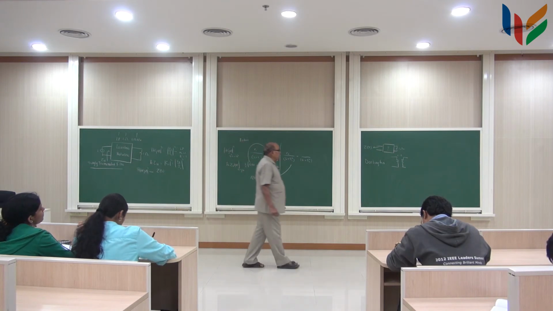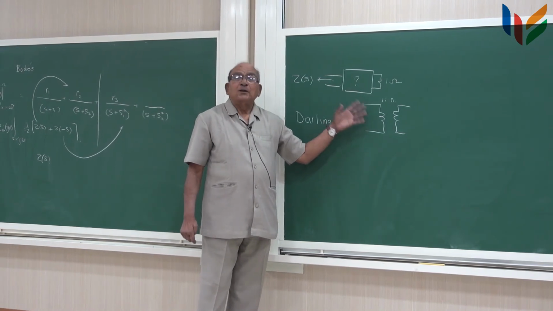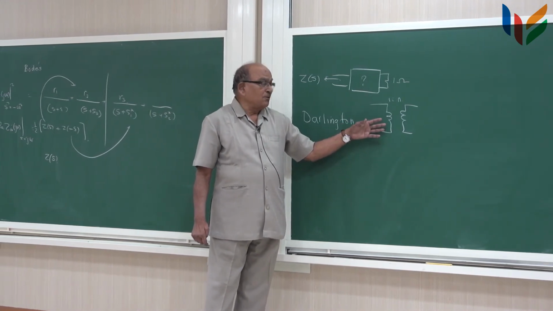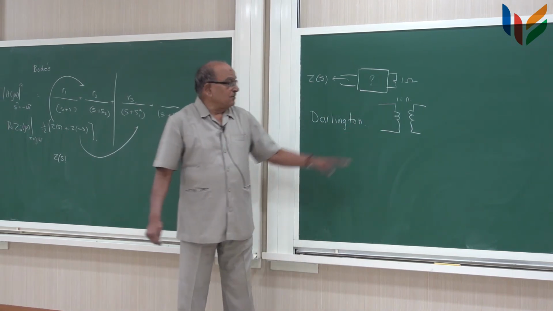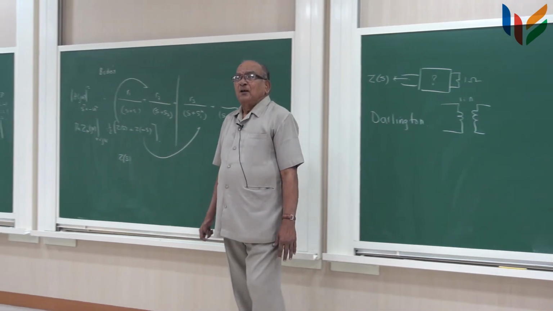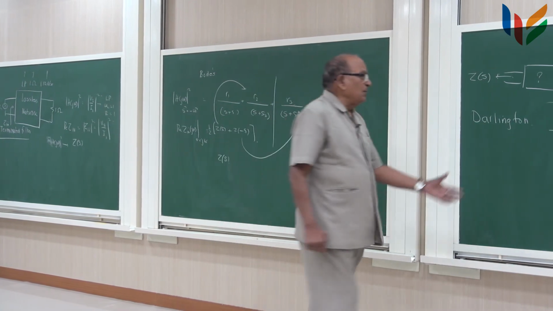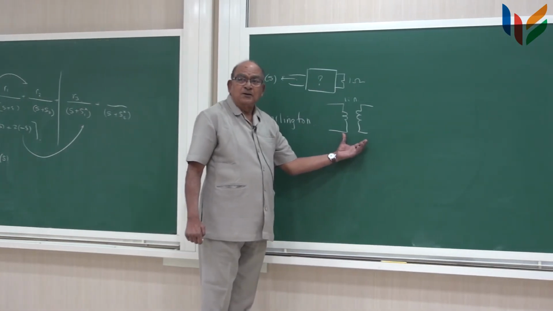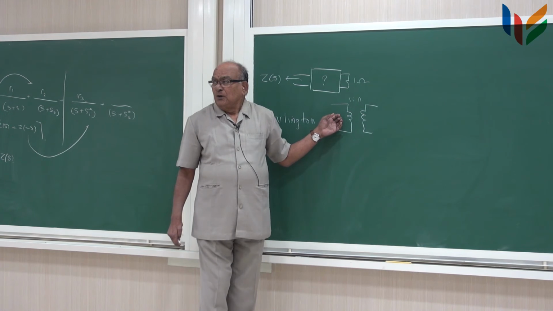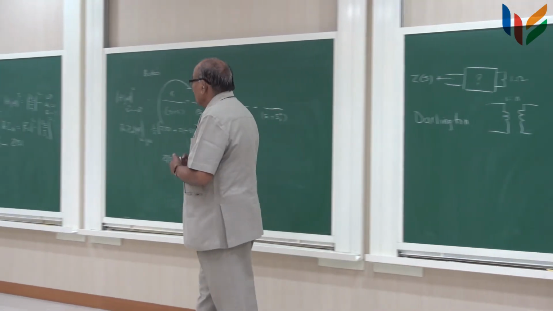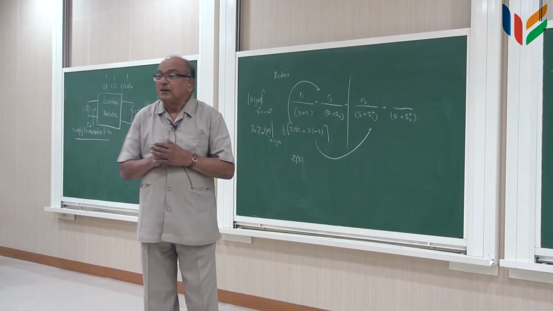So the problem now reduces to: where do I get these ideal transformers? Although there is a proof that it can be done, when the practical implication of realizing it in the laboratory comes, this is a problem case. Some tricks you can play to convert this ideal transformer into a realistic transformer under certain conditions, but generally it is not always possible. So although the Darlington method is a beautiful method, it is not a very practical method.